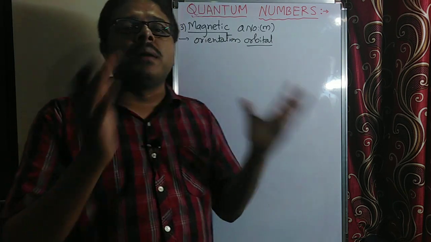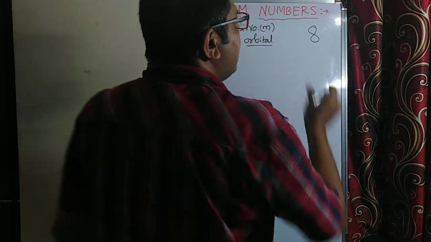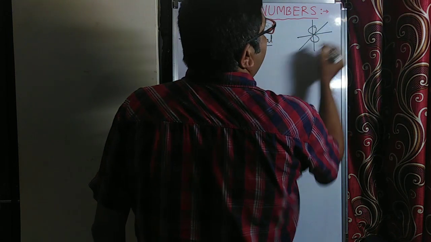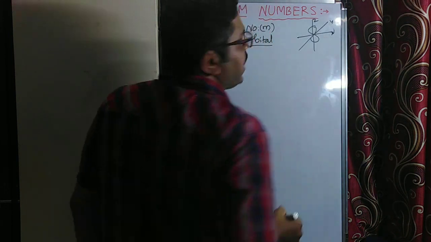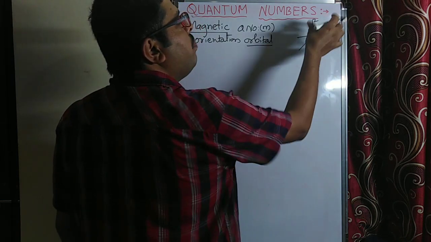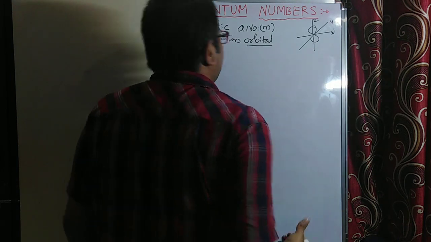But the p orbital is dumbbell-shaped. Remember, if I write dumbbell here, this is nothing but the subshell. When I write the orbital here, with the x, y, z axis supplied, then it becomes an orbital. That is the difference between an orbital and a subshell, remember.